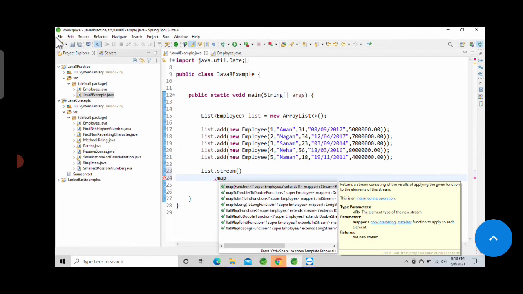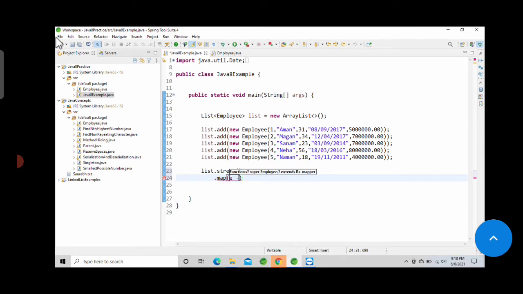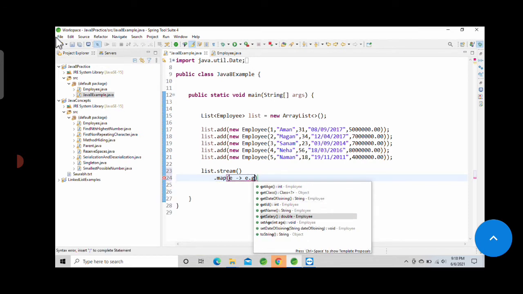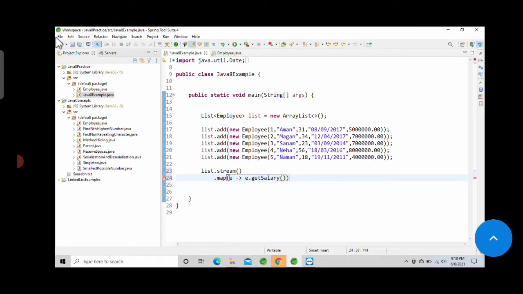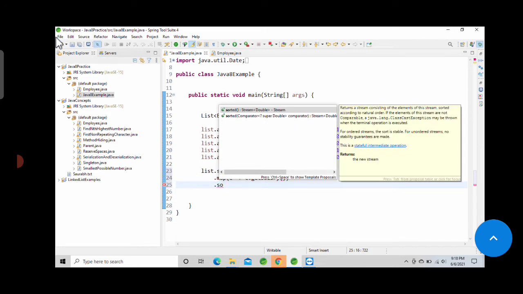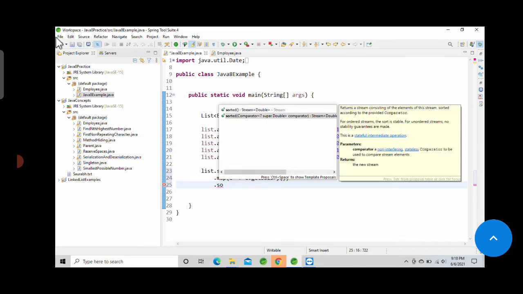Then map only with salary, as we have to deal in this case only with salary. So e to get reference, e dot getSalary. Okay, now we have only salary in our stream. Now we will perform the sorted operation, that is, we will first sort these salary records in reverse order, so we will get the highest salary at the first place.